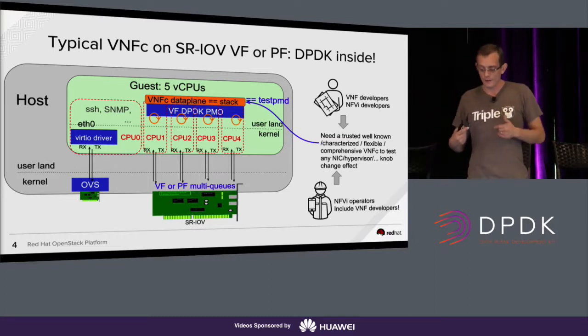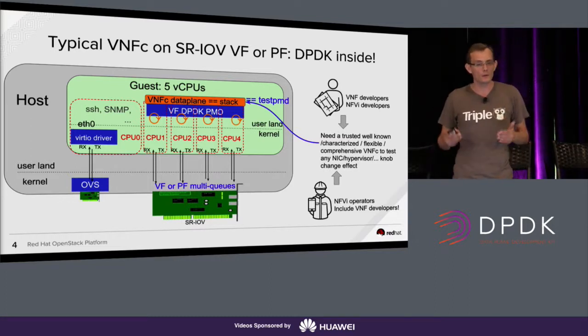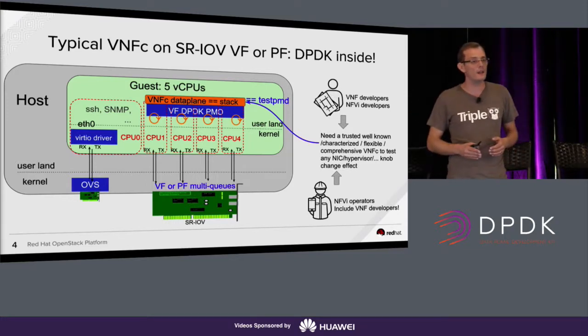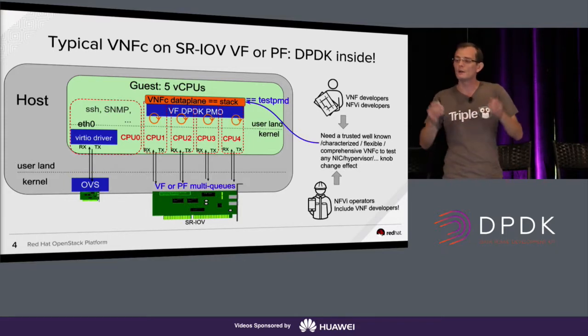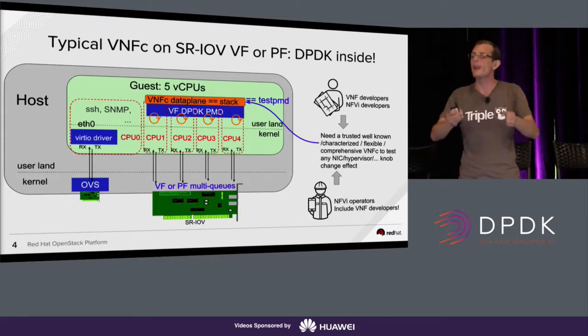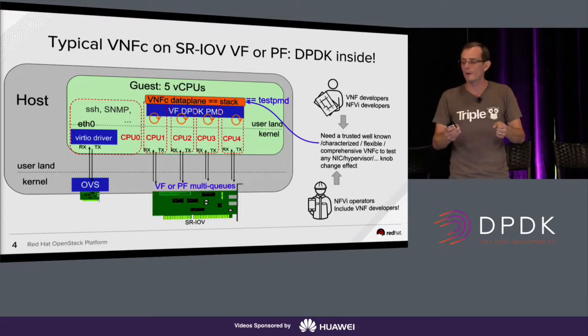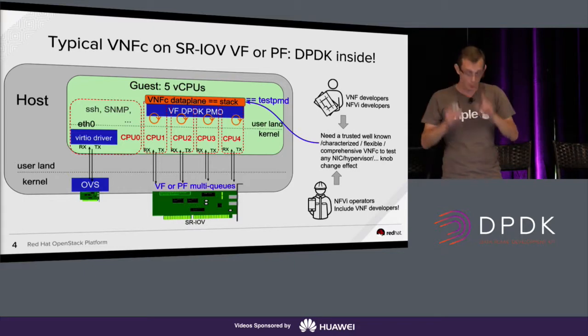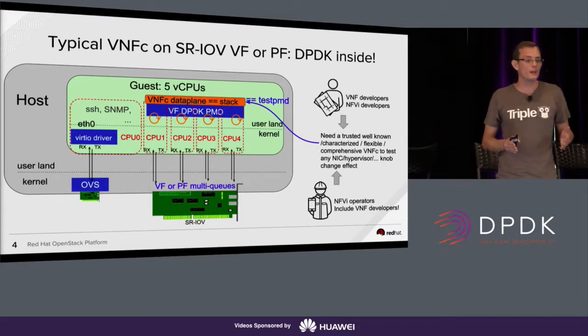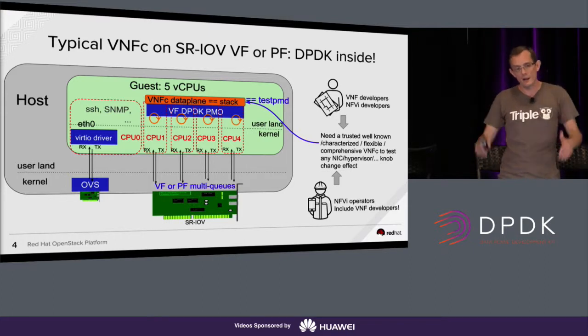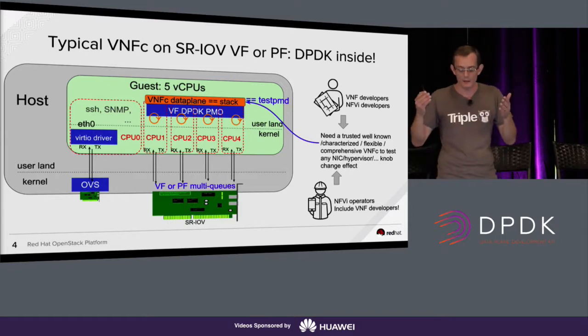On the other hand, you have the NFVI operator, the telco operator. Before deploying an EPC with 20 different VMs, 5 kinds of VM, they want to make sure that their NFVI is well configured. So they deploy TestPMD in a VM, and they make sure that they have the well-known performance. Basically, 30 million packets per second per core, 50 million packets per second per core with TestPMD. If they get that with zero packet loss for 2 minutes, for 24 hours, okay, they can deploy the EPC, and then they can blame the VNF vendor if they have packet loss.